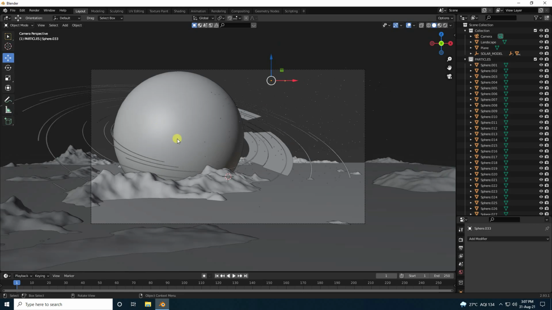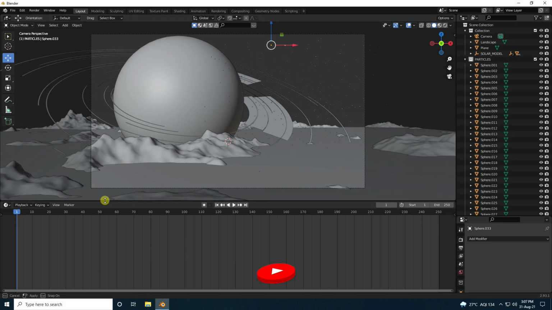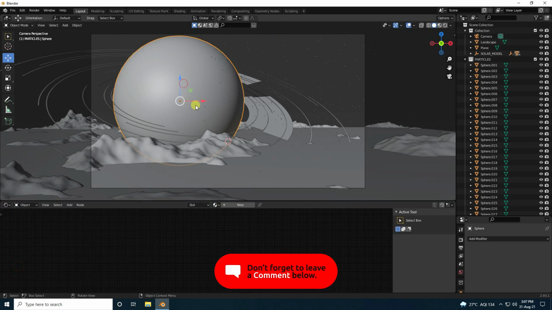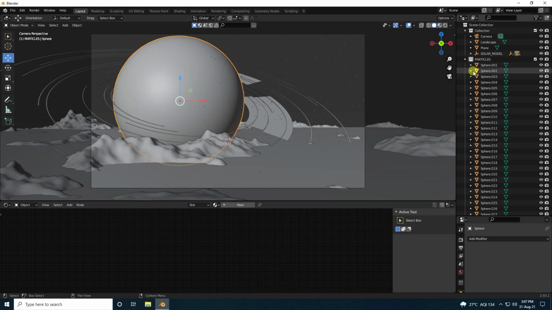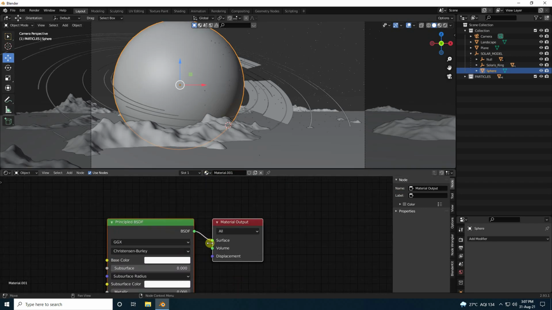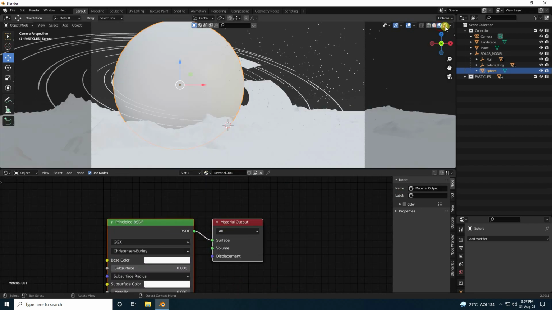Now next I apply texture. So guys, go on here and change this one to Shader Editor, and guys, firstly I create a texture for this sphere. So shade smooth and select this sphere and create a new material and guys, closer, click on here.